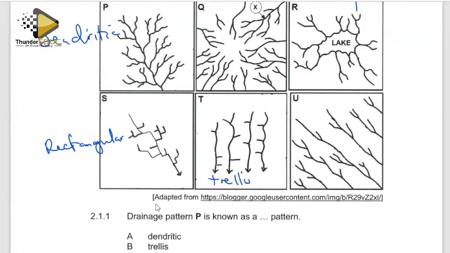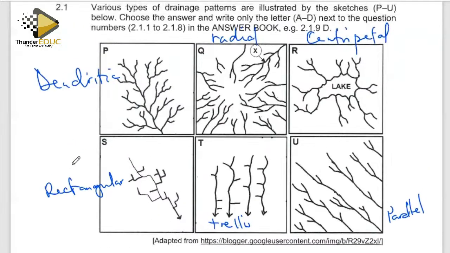And lastly, we are seeing that these streams are running parallel to each other. This is what we call parallel pattern. Right. So, what is the likely underlying rock structure of the areas over which these different patterns develop? We tend to find that the dendritic pattern develops over rocks of uniform resistance. This one forms over rocks with uniform resistance, and radial forms in dome areas